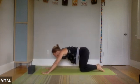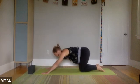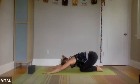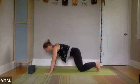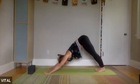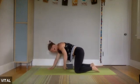One more inhale. One more exhale. So landing in either down dog or child's. Feel your breath flowing. And then if you're not in down dog, tuck the toes, lift the hips. Nice, then we'll come back to hands and knees, incorporating the block, bring the block in between the knees on